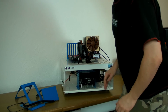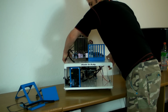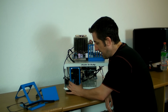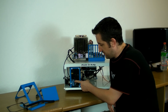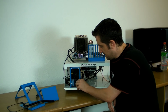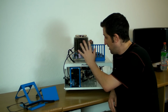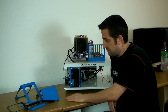Now if I go around the back, this is my only criticism, and I do believe that they are amending this. The power supply bracket is very thin. Even just turning it on and off or putting your power supply cable in, this bracket isn't made from the same material. Well, you can see that I've just bent it there. It's not made from the same material as the rest of the components, and that's pretty much its only problem,